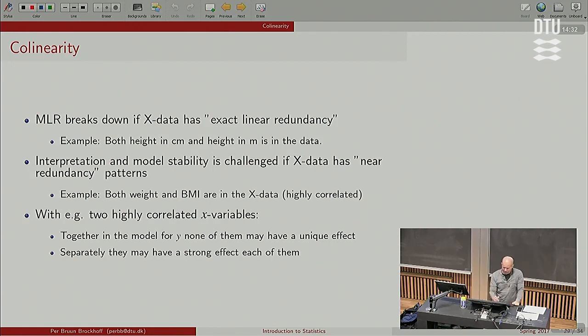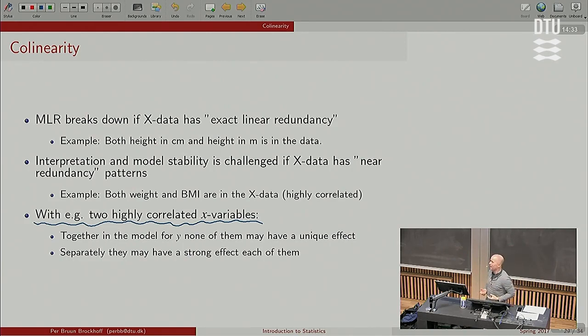What could happen then if I have two highly correlated X variables? It's related to the interpretation of the betas in a multiple linear regression. I had a full slide where I emphasized that coefficients in MLR are unique effects where you have corrected for all the other variables in the model. Think about this. If I put in two X's that are more or less copies of each other, containing the same information, weight and BMI, and it could even be worse than that, and I try to do a regression where Y is a function of weight and BMI and maybe something else, then I ask for the effect of weight having corrected for BMI,